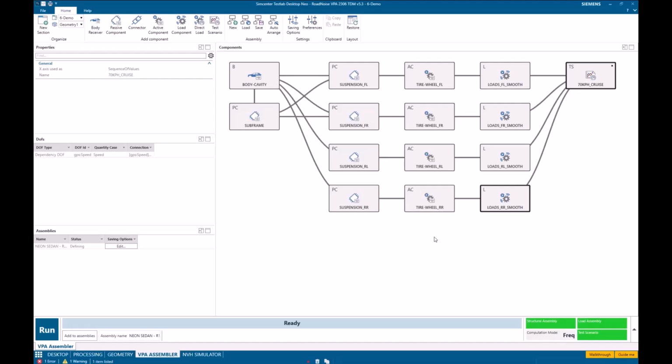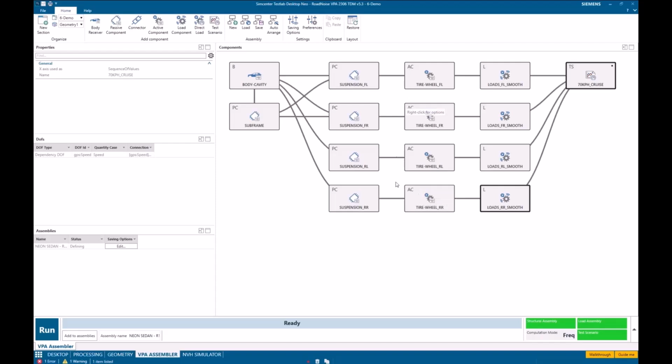That's going to produce certain loads. That's these boxes here, and these are individual loads coming from the four tire wheels on the vehicle. You see front left, front right, rear left, and rear right. So four tires, four different loads coming from these components. And the loads are always connected to these AC boxes, which stands for active component. This is an active component or a source. These are the time or RPM based loads that are generated by the active component.